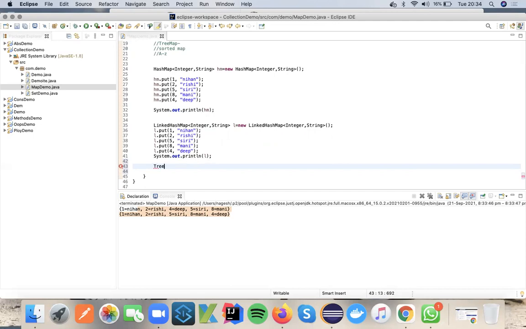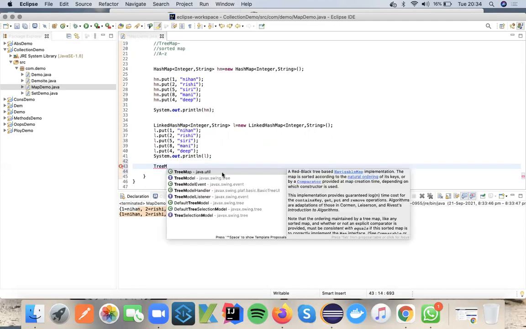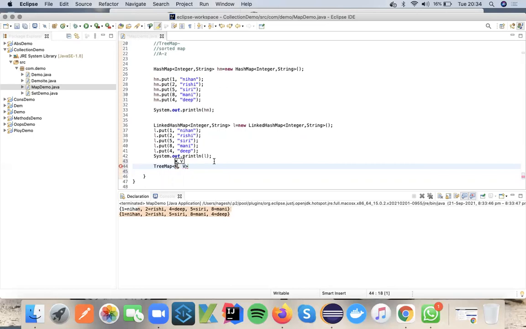Let me declare the tree map and we will see what will happen in tree map. One thing you have to observe is that it will only take care of the keys. Values will be whatever the values associated, they will not follow the ascending order. So only keys is the thing that we have to understand. Because when I say sorted, it will only sort the keys, it will not sort the values, right? So that's why I'm recalling one more time.